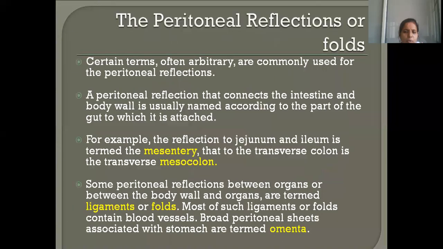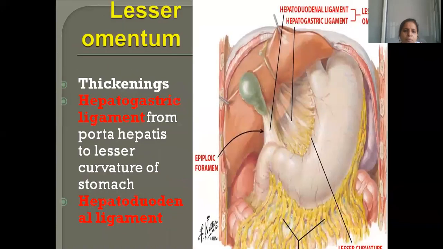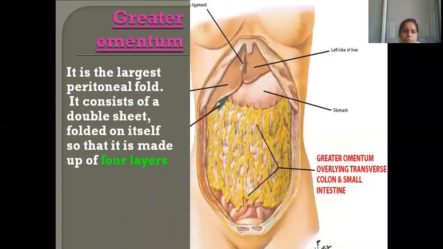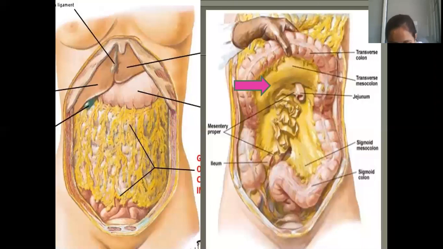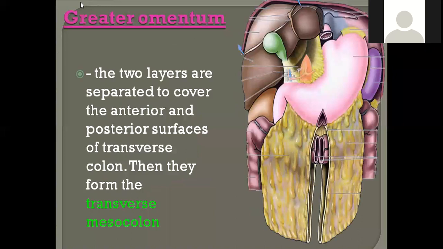What do you mean by retroperitoneal visceral organs? The visceral organs which are seen behind the peritoneal covering. Kidney and pancreas, no? Very good. Kidney and pancreas. Okay, greater omentum has how many layers? 4 layers. Okay, first layer becomes continuous with which layer? 4th layer. Fourth layer, and it becomes continuous with the